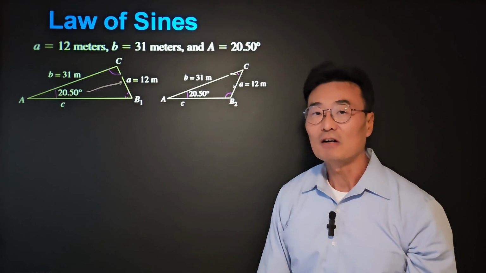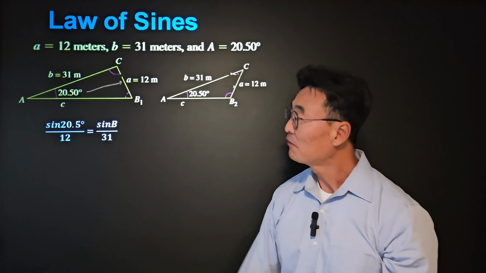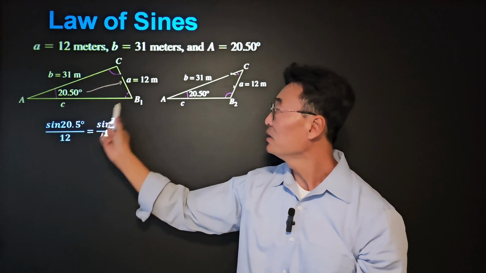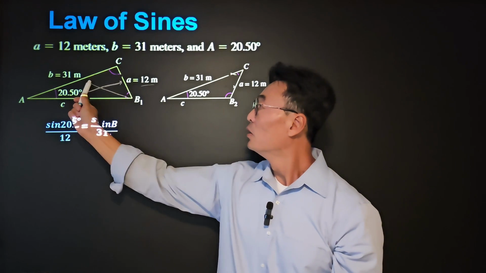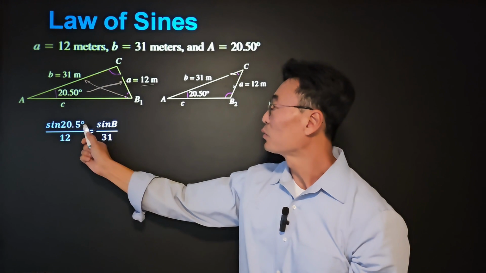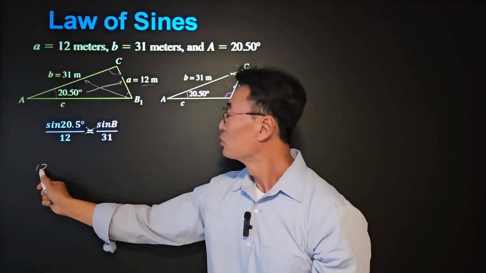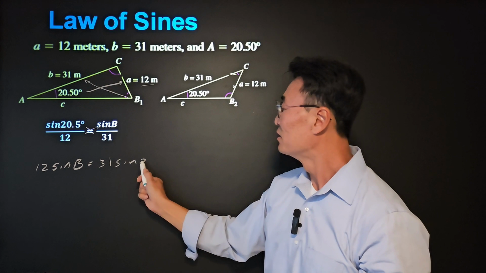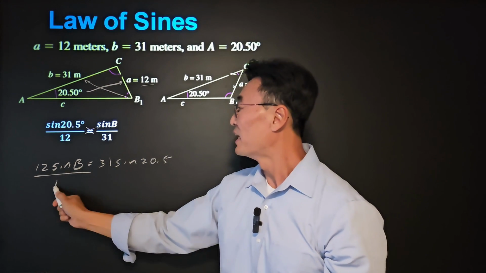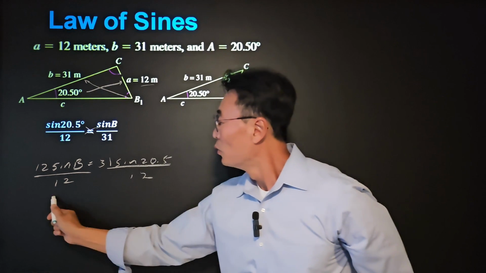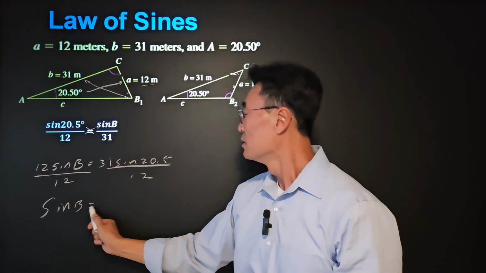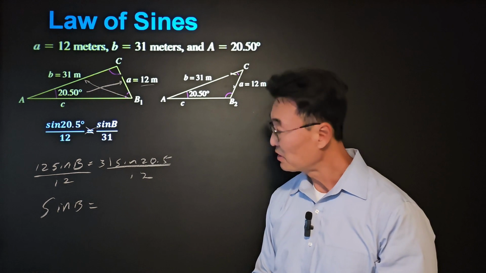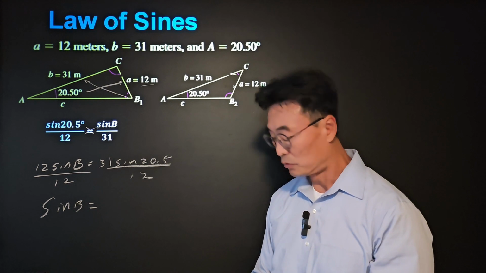Let's go ahead and finish this up by solving the triangles, both of them. First of all, we're going to use the law of sine to set sine of 20.5 over A, which is 12, equals sine of B over 31. And we'll cross multiply, where we get 12 sine of B equals 31 sine of 20.5. We'll divide that by 12, where we get sine of B equals, here we go, calculator, 31 times sine of 20.5 over 12,